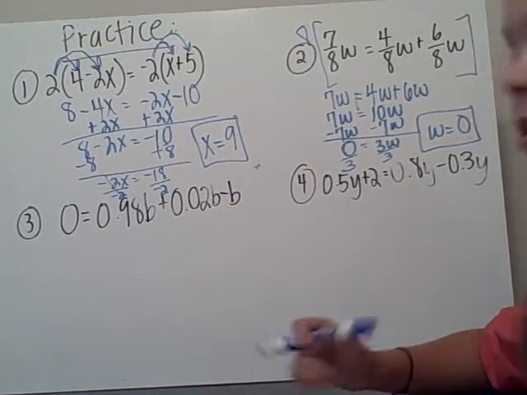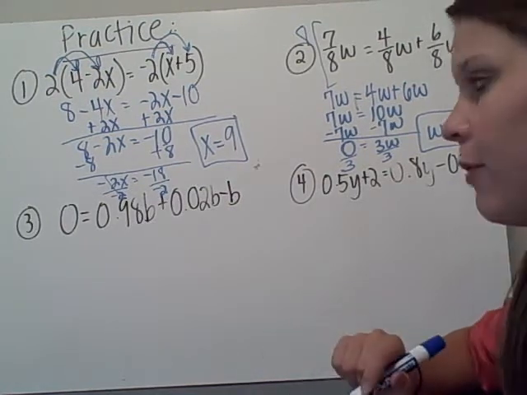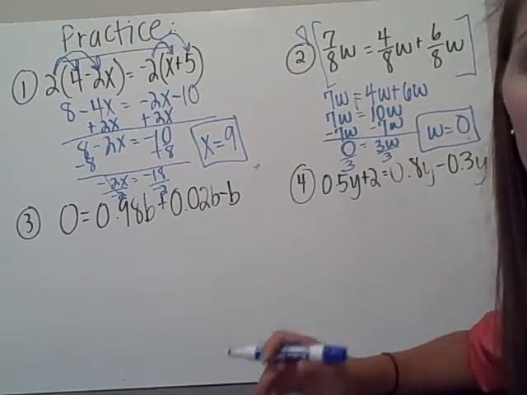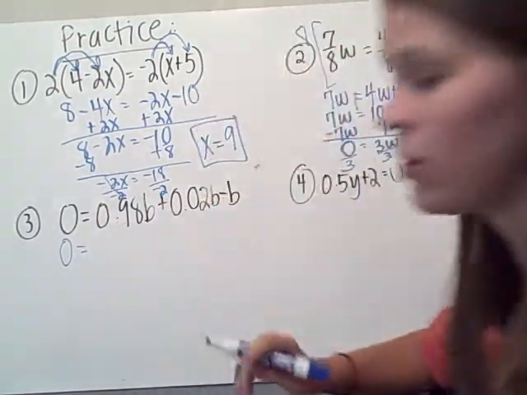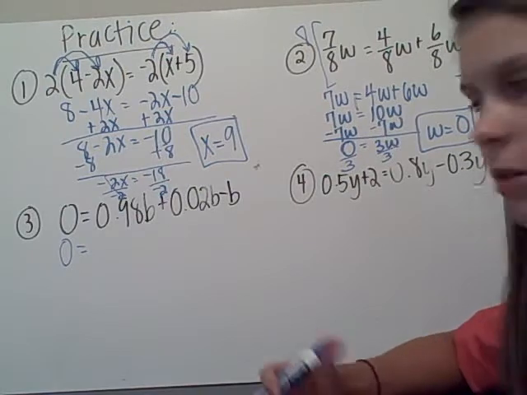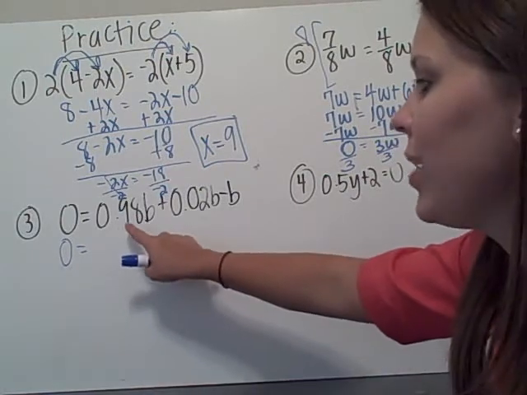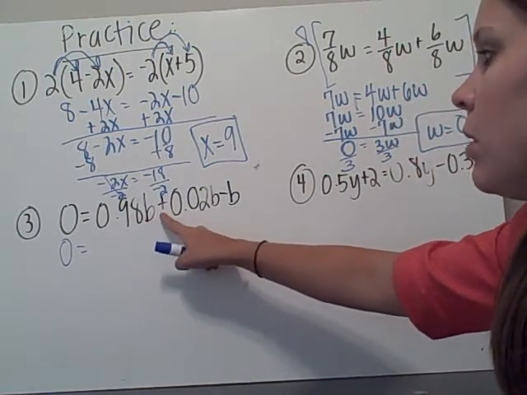Number 3, I do not have any parentheses. I do not have fractions. But I do need to combine like terms. This side, there are no terms that are common or like terms, so we just write 0. Now, 98/100 B plus